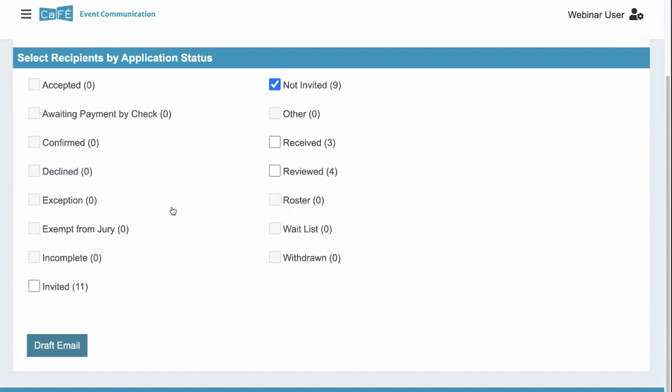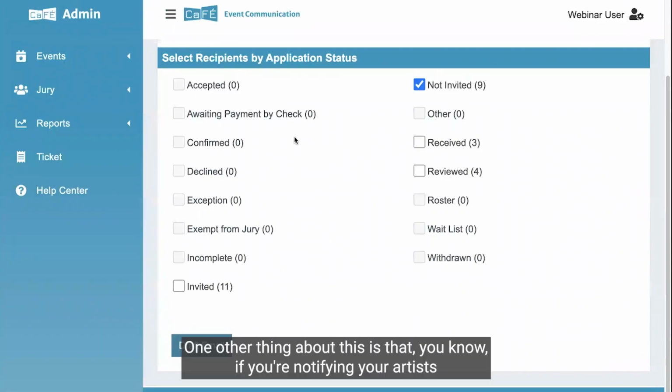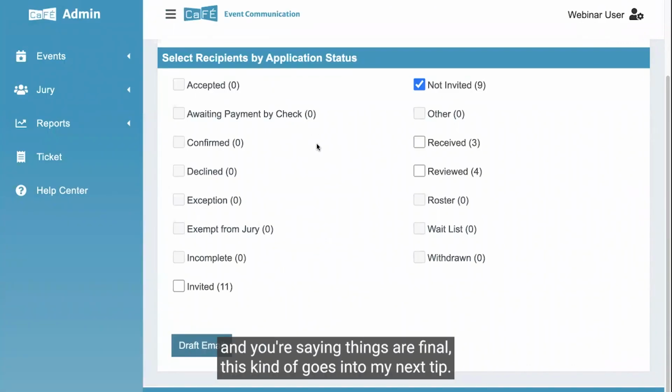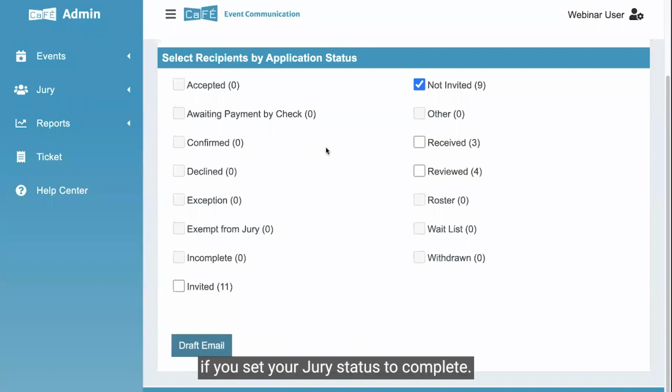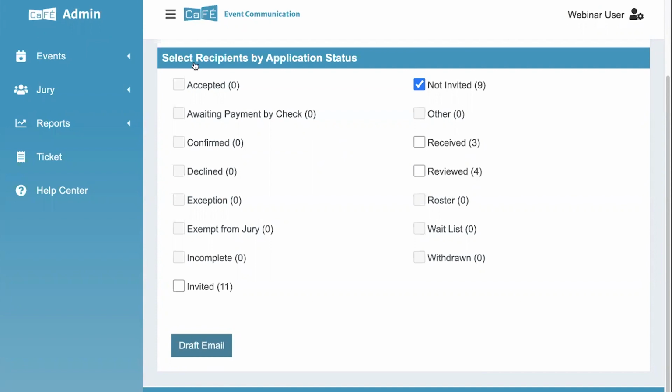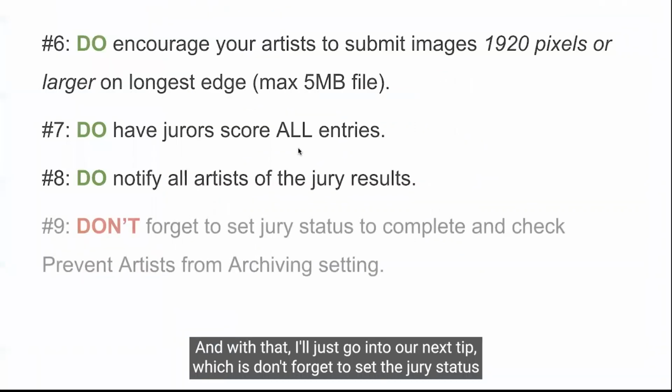but it is just important to send both of those emails out. One other thing about this is that if you're notifying your artists and you're saying things are final, this kind of goes into my next tip, but artists will be able to see their status in their CaFÉ account if you set your jury status to complete. So that essentially publishes the results. And with that, I'll just go into our next tip, which is don't forget to set the jury status to complete,